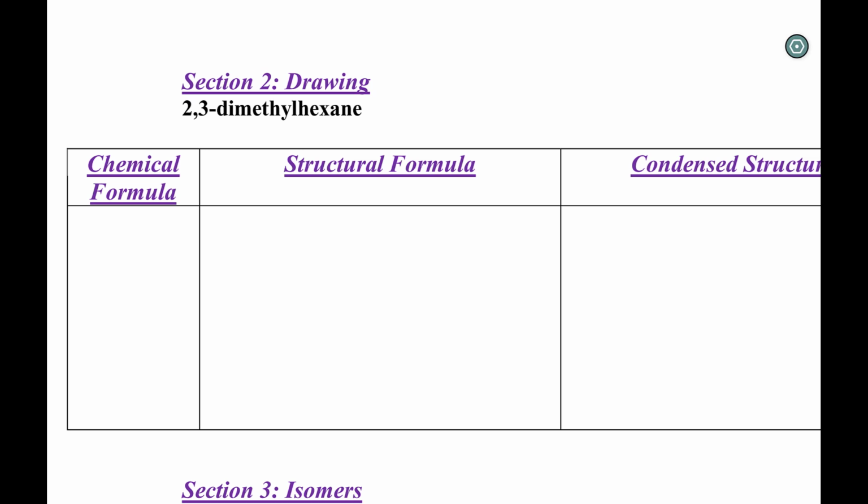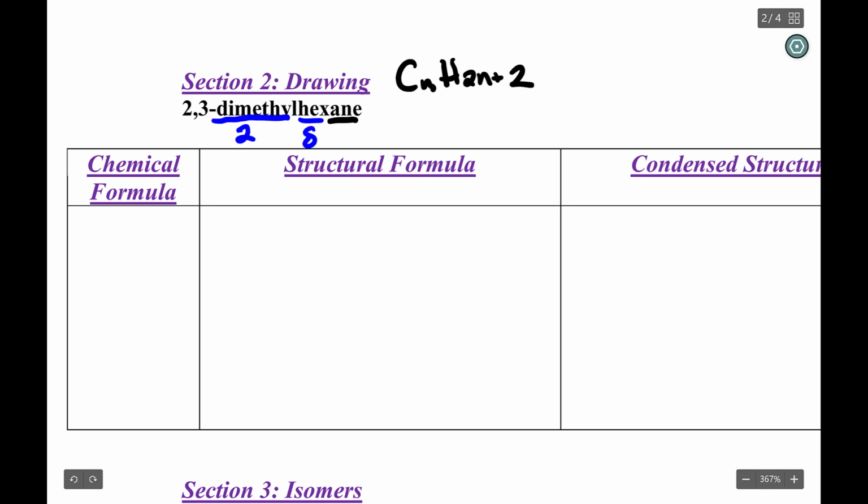The next compound we're going to look at is 2,3-dimethylhexane, and we're going to look at drawing it in 3 different ways. However, we're first going to start by figuring out its chemical formula. So, because this is an ane, I understand that the formula is going to be CnH2n plus 2. So to figure out the number of carbons, I read the name, dimeth. Meth is 1, but if it's di, that means there's 2 of them. And hex is 6, so that's going to be 8. So this is going to be C8H, 2 times 8 plus 2. So 2 times 8 is 16, plus 2 is 18. The chemical formula is